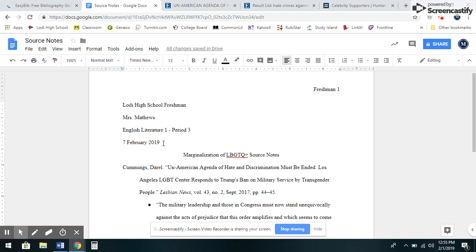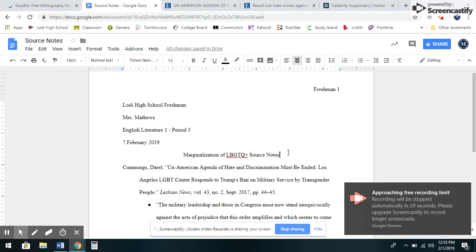You put the due date of the assignment. This is due on February 7th, so we're going to write 7 February 2019. Your last name and the page number should also be in the top. And please do use this title, Marginalization of, fill in the name of your group, source notes. When it's all done, you're going to put it